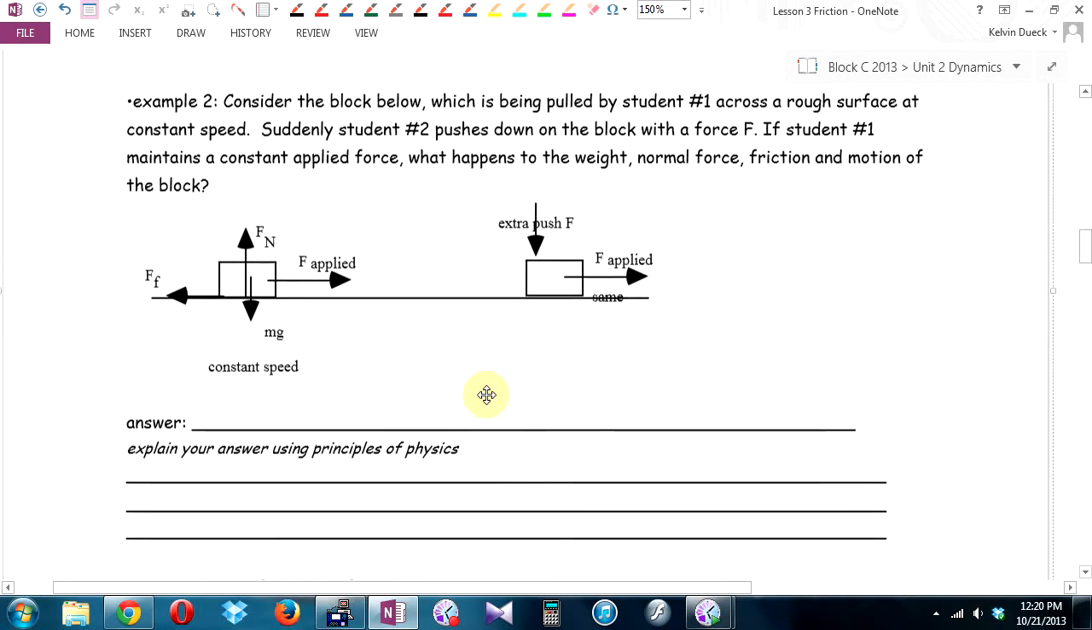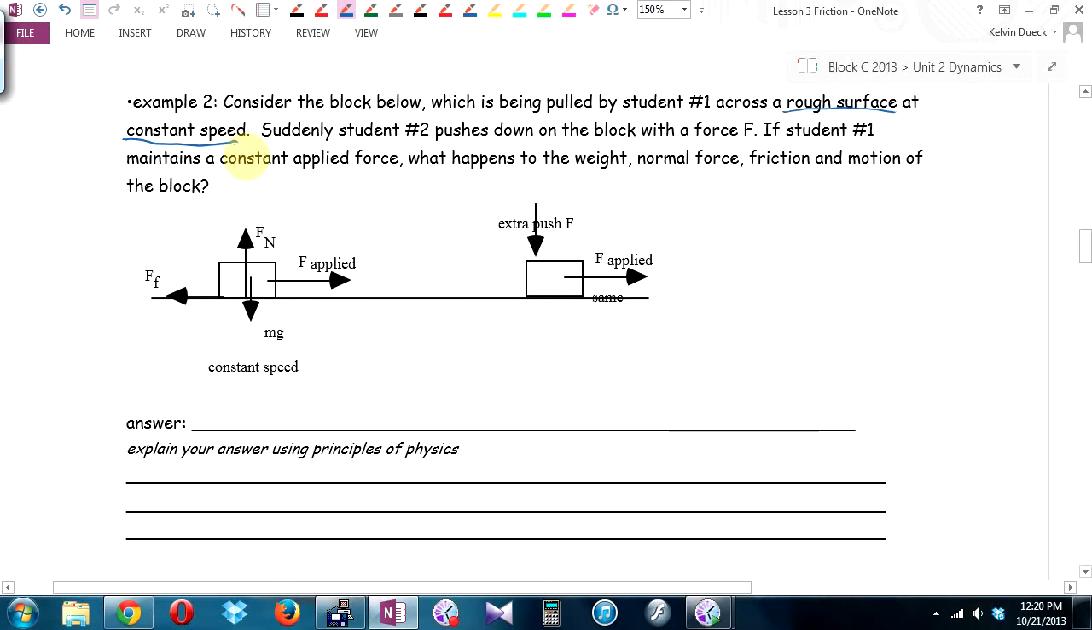Consider the block below, which is being pushed by student number 1 across a rough surface. When they say the phrase rough surface, I think what they mean here is include friction. If they say smooth surface or slick surface, I think what they're saying is ignore friction, right? And it's being pulled by student number 1 at, that's an important phrase,